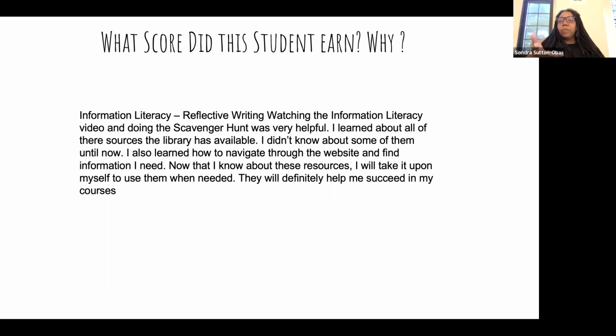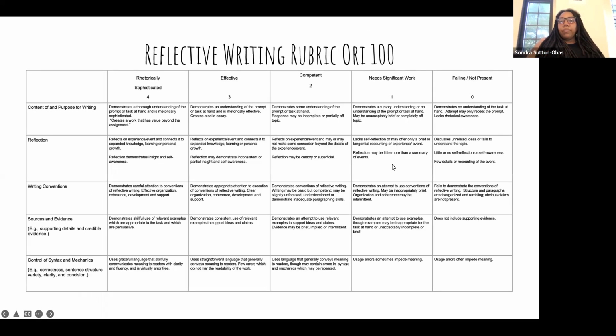Okay, so you're back. Now, what this student scored, and I'll go back to the rubric, the student scored a 1, okay? They demonstrated a cursory understanding or no understanding of the prompt. Now they did show that they understood parts of the prompt, but what they didn't have here is that they didn't reflect